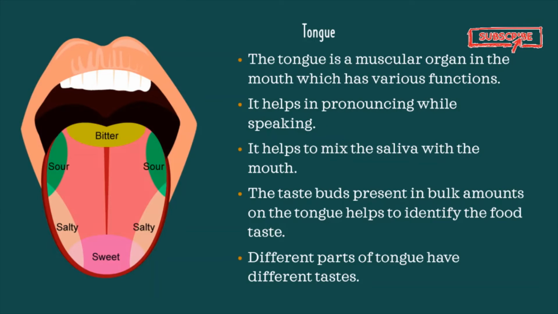So let's learn about the tongue, which is present again in the buccal cavity. I think this slide should have been before the slide of the esophagus. So there's a problem. Sorry, guys. The tongue is a muscular organ in the mouth which has various functions. Each part in the human body has a function. But we will also discuss another part that is slowly vanishing century by century and doesn't have any function. It's called the appendix. We'll learn about it in the further slides. It's not included in the chapter, but we will learn about it.